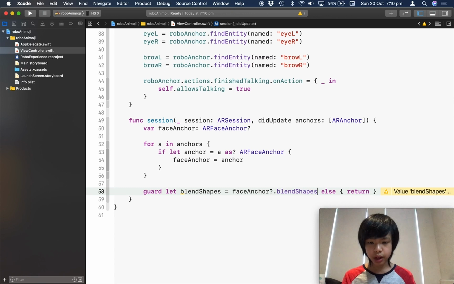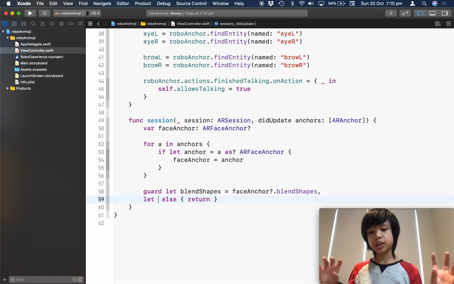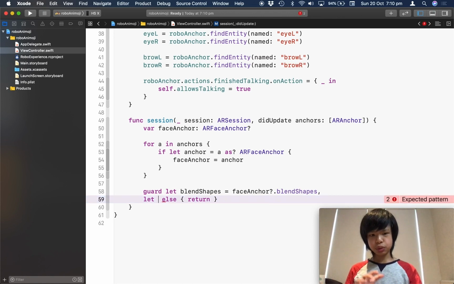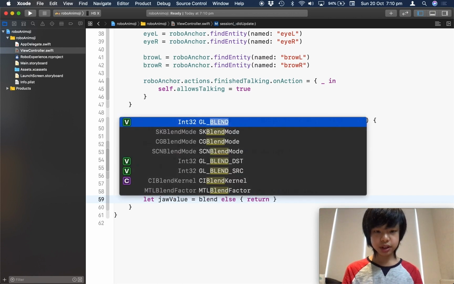So basically after that I'm gonna add some more constants, so inside the class, because sometimes the RealityKit or ARKit can't get all of the blend shapes, and remember there's over 50 blend shapes, so there's a lot of blend shapes. You can choose from many blend shapes. Anyways, I'm gonna choose, let's see, the jaw value, which is blend shapes